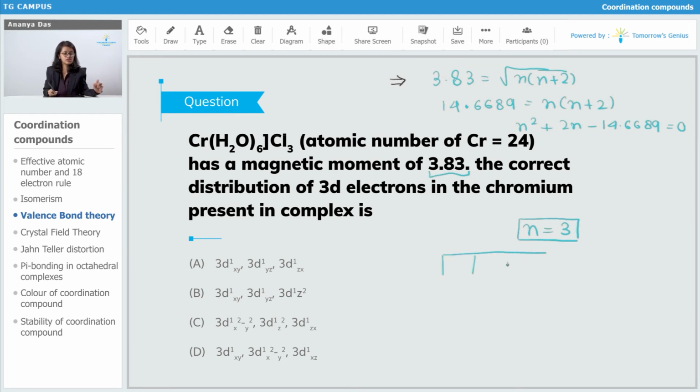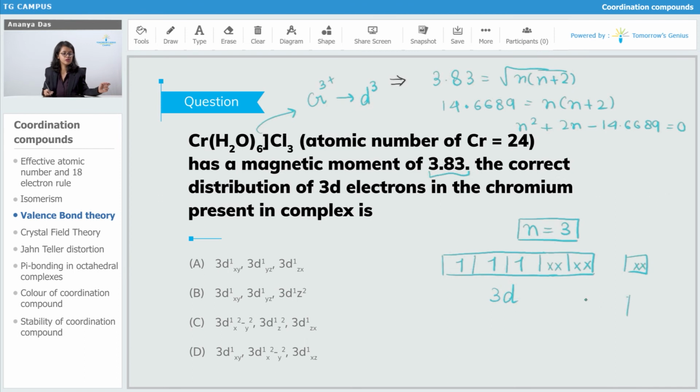Chromium forms an octahedral complex here. The oxidation state of chromium here is 3. So chromium is 3 positive, which means it is d3. So d3 is this, this and this. These are the electrons which are going to remain unpaired, and the rest of the electrons of the H2O ligands are going to come into these orbitals, that is 3d,